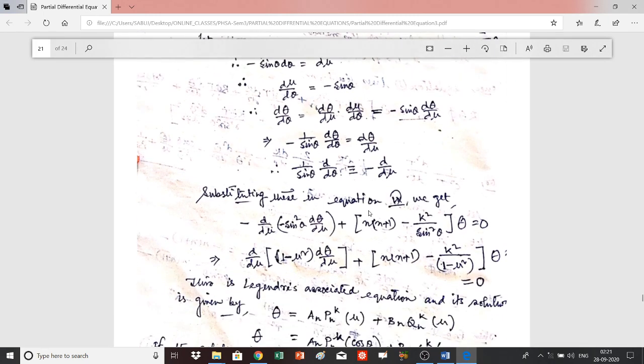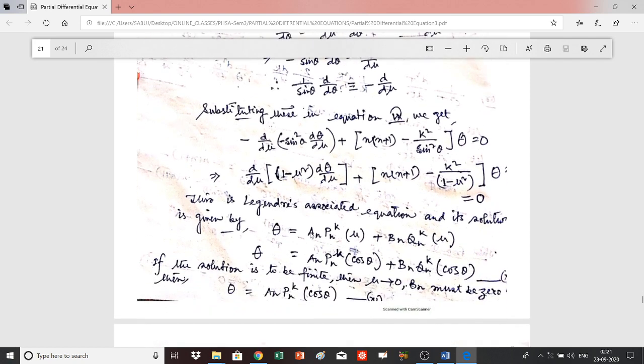So that from there you can write d mu of 1 minus mu square, because you know that sin square theta is equal to 1 minus cos square theta, and cos theta is equal to mu. So 1 minus cos square theta, then plus n into n plus 1 minus k square over 1 minus mu square into theta is equal to 0. And you know that this is nothing but the associated Legendre equation. Okay, associated Legendre equation. So the solution of which is theta is equal to an Pnk mu plus bn Pnk mu,